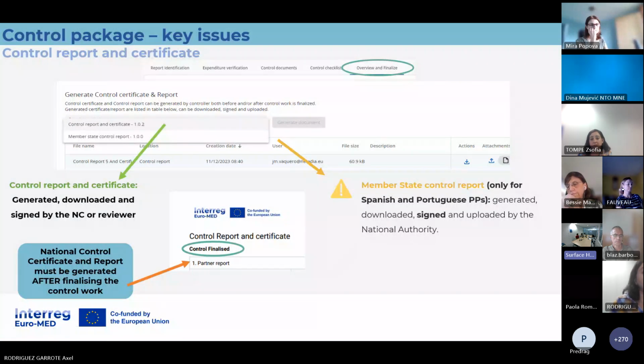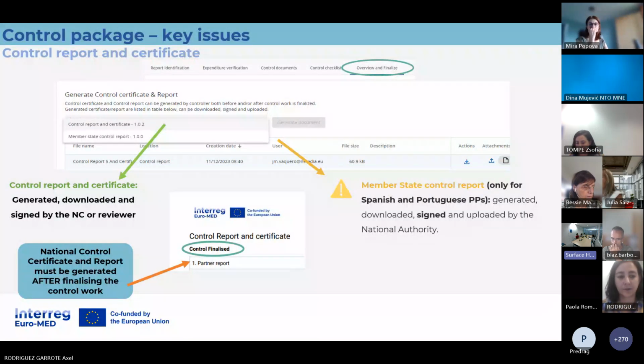And this report should be signed by the controller. It can be a hand signature or it can be an electronic signature as well. But it's very important that it's the control report based on a control finalized. This is what you can check.